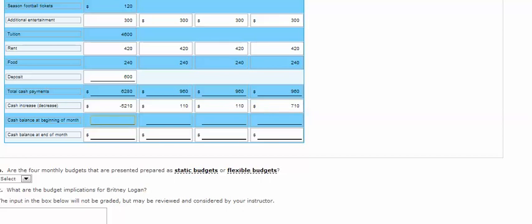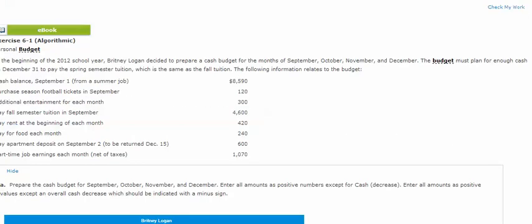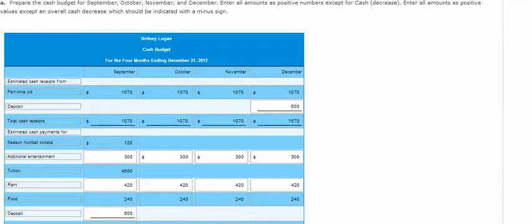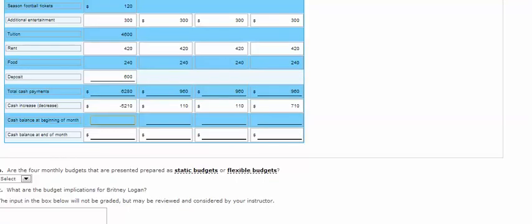Now we can enter our cash balance at the beginning of the month. Remember, we had $8,590 in my case. $8,590 minus my decrease in cash, so I'll take the $8,590 minus $5,210. So that gives me a cash balance remaining of $3,380. And that'll be my beginning balance for next month, $3,380